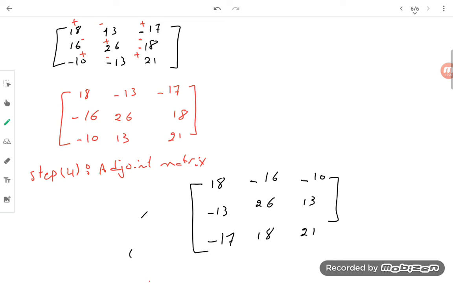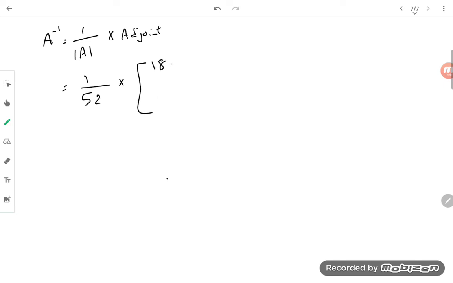Finally, the last step is to find the inverse, which is calculated as 1 over the determinant multiplied by the adjoint. As we said, the determinant is 52 multiplied by the adjoint matrix, which is 18, negative 16, negative 10, negative 13, 26, 13, negative 17, 18, and 21. So now we can write the inverse as